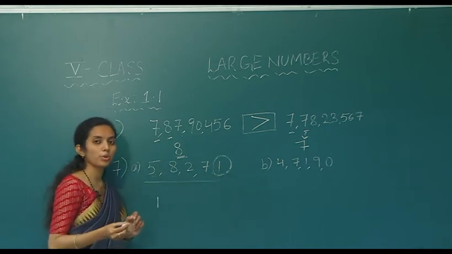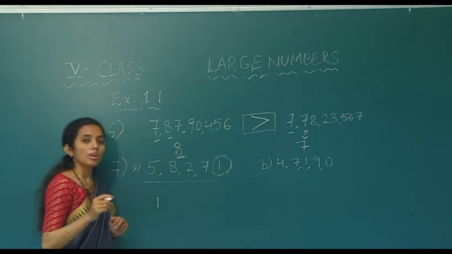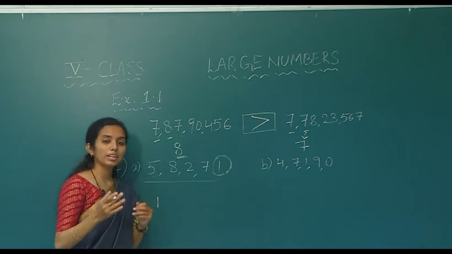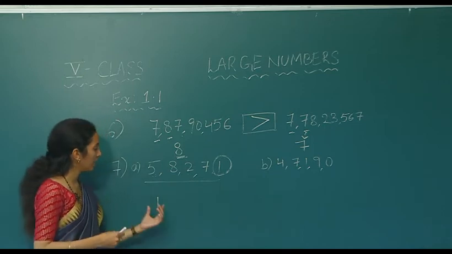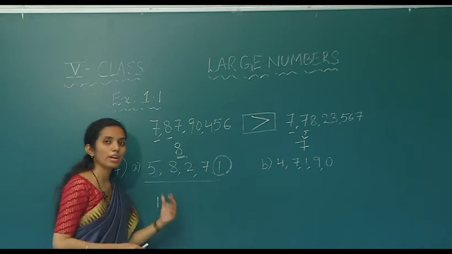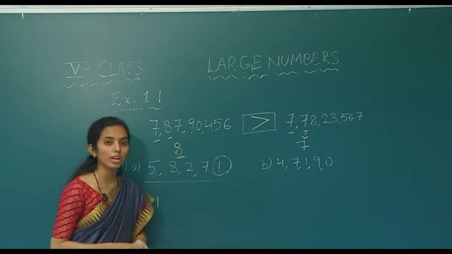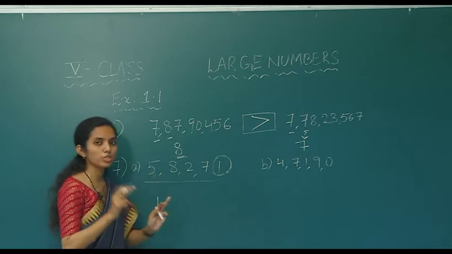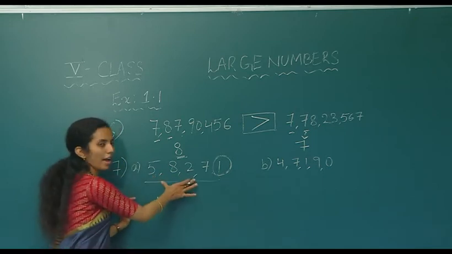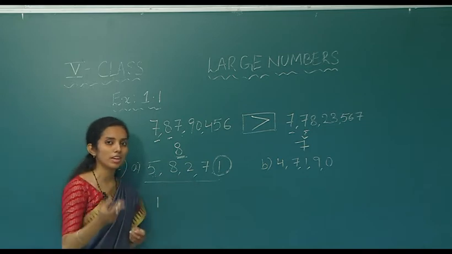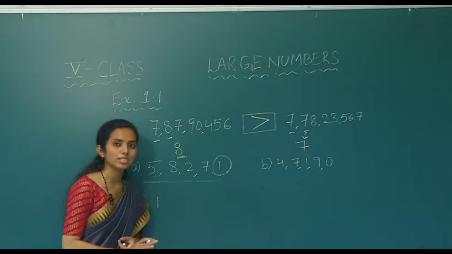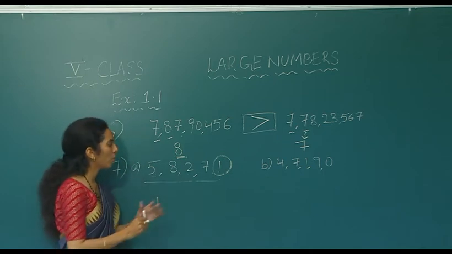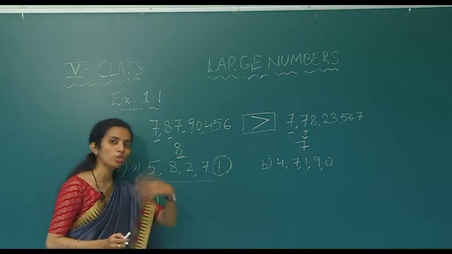But what we have to do is repeat, because we have to get a 7-digit number. So, what can we do? We can repeat the smallest number 2 more times. Why 2 more times? Because 5 plus 2 is 7 digits. Here we have 5 digits already, but we want 7 digits. Because we are writing the smallest number, we will repeat only the smallest number 2 more times.